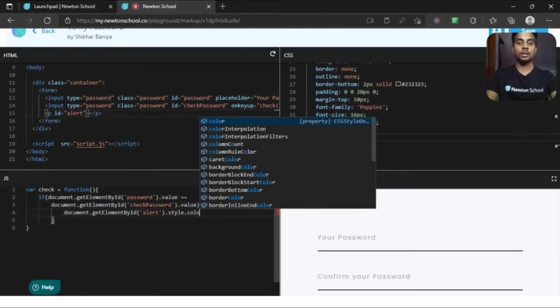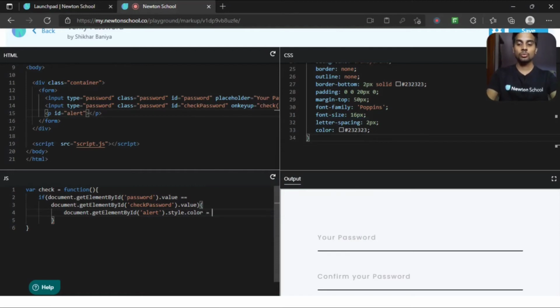So I want to change the color to green since it is matching. So preferably logically green will be the color. So hash 3AA832. Okay, so this will be the color.